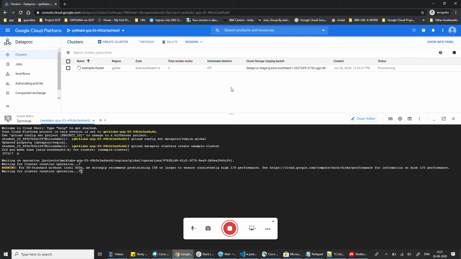The command line is a quick method to create the cluster and submit the job through the gcloud command.